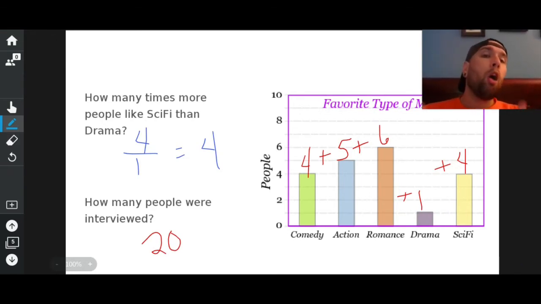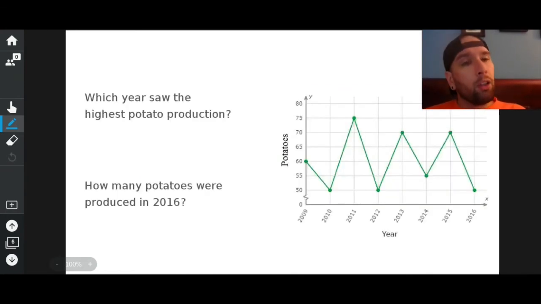That is called a bar graph. Now let's move on to a line graph. Line graph looks like we are dealing, and of course what I do is I steal all these pictures from the internet and I make word problems based off the pictures. So I found one about years and potatoes. So let's just make believe someone's growing potatoes in their backyard.